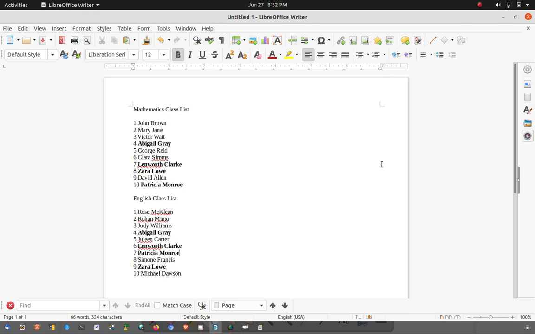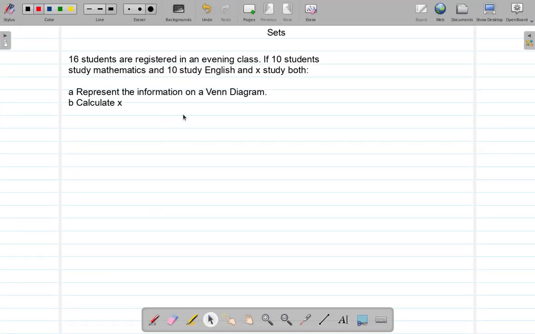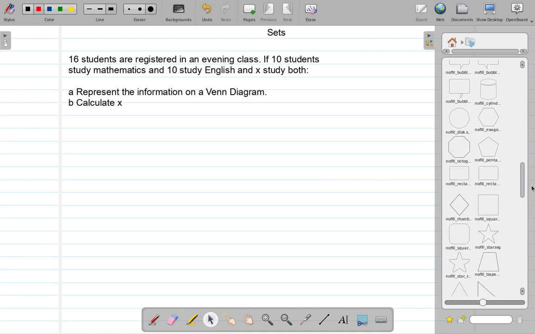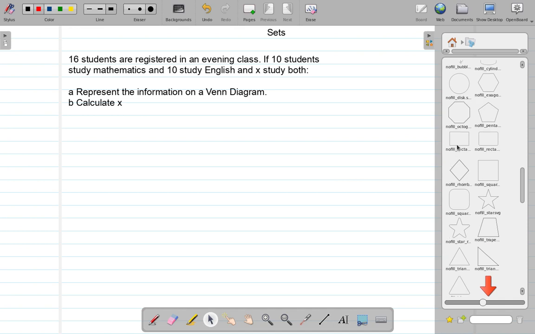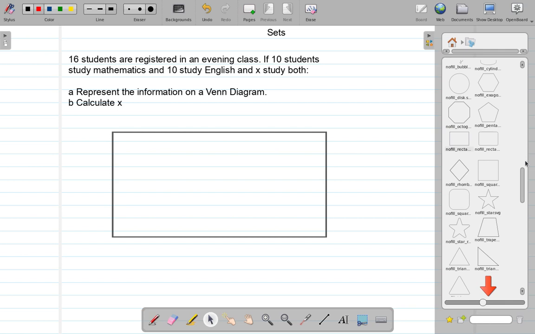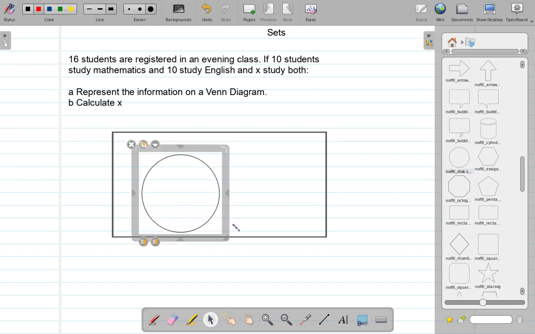So let's go back to our question. We're going to represent the information on a Venn diagram. Let's see if we can get our Venn diagram here. Let's look at our shapes. We have a rectangle, which represents the entire evening lessons, and we have our circle